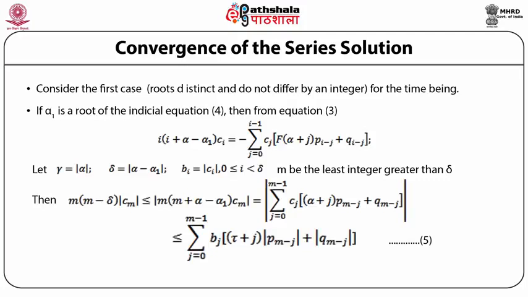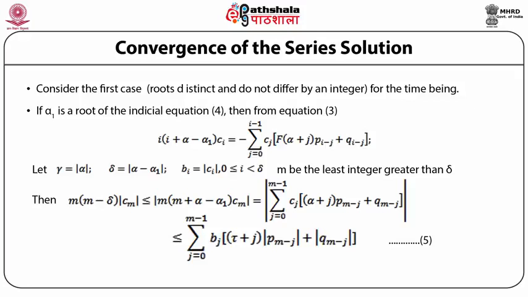Then we have m(m − δ)|Cm| ≤ |m(m + α − α1)Cm| = |Σ_{j=0}^{m−1} Cj [(α + j) p_{m−j} + q_{m−j}]| ≤